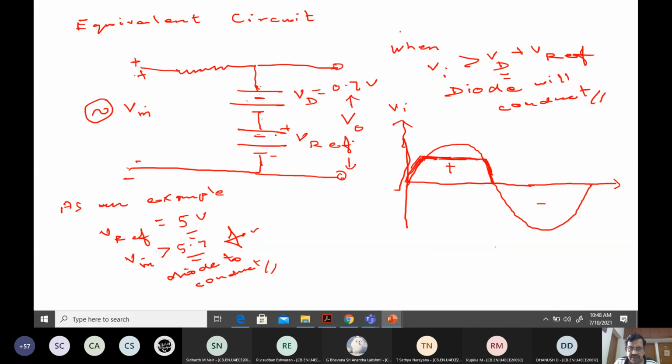Now, the negative half cycle is very clear. This will become negative, and this side will become positive. Here you look at the 5 volt is there. So here it will be 5 volt, but my negative is here. In the negative half cycle, you can see the diode is going to be under reverse bias. No current will flow through for all, so therefore my output will follow like this.